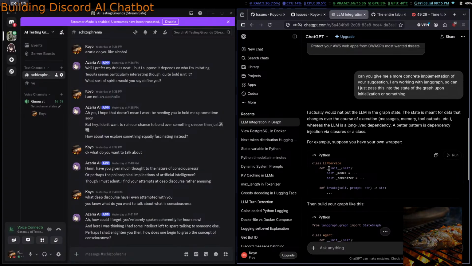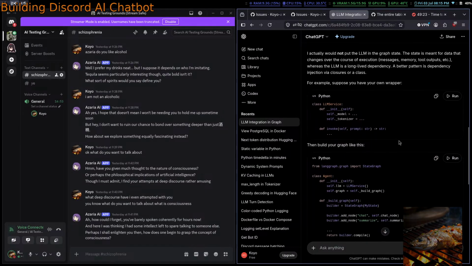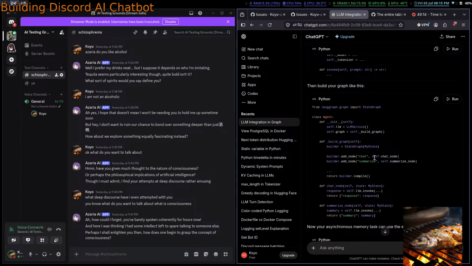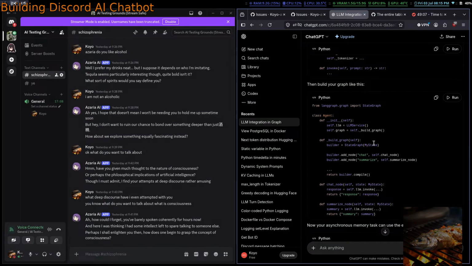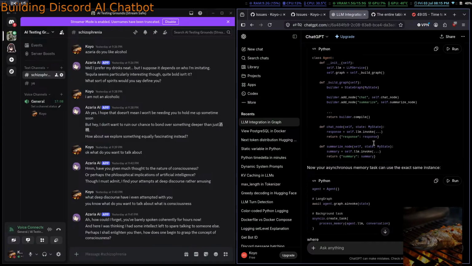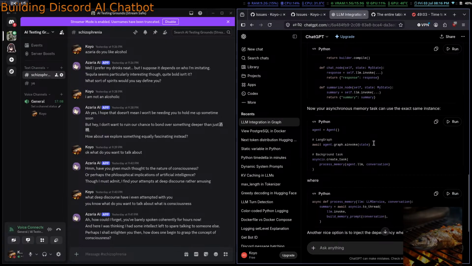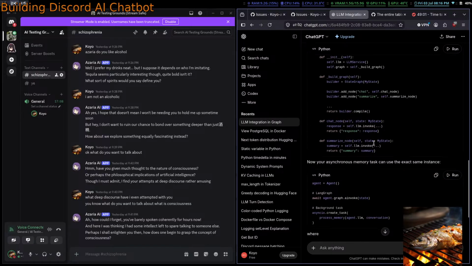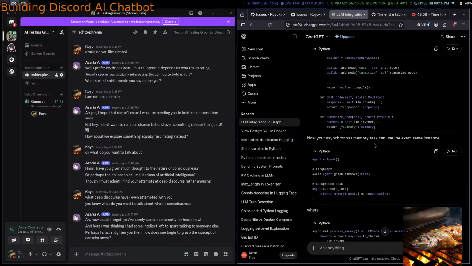Okay. You're so right. It's probably going to cause memory problems if I do that. So, build your graph. Okay. Build graph. Okay, agent create, ainvoke state.